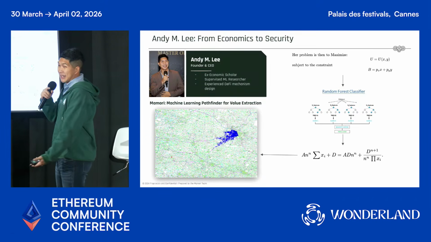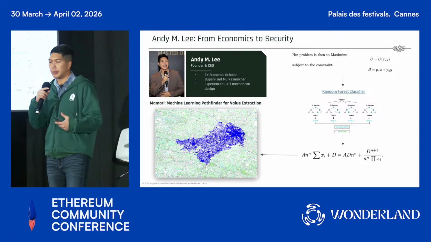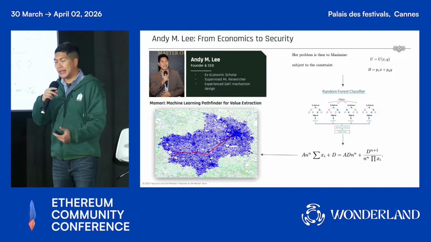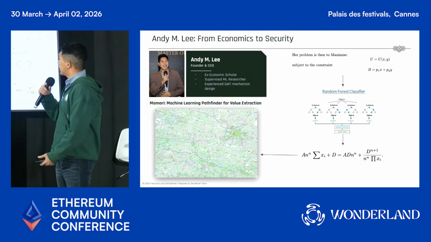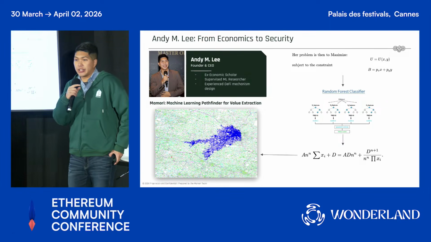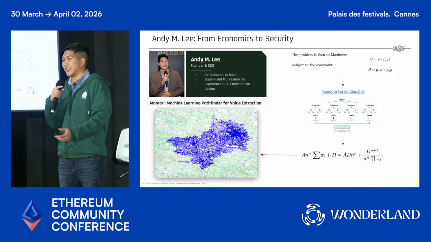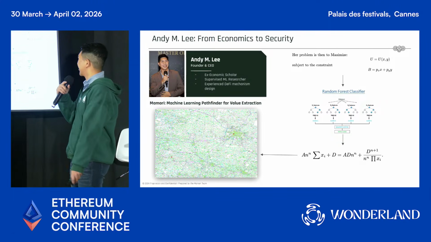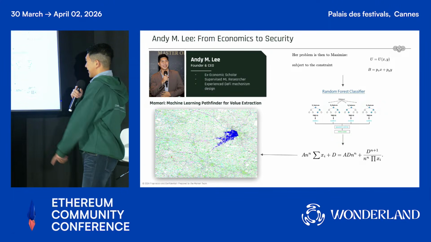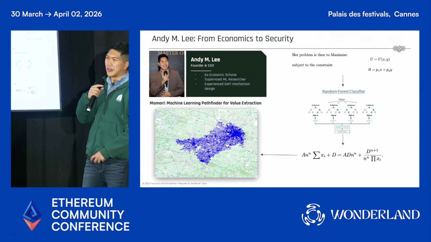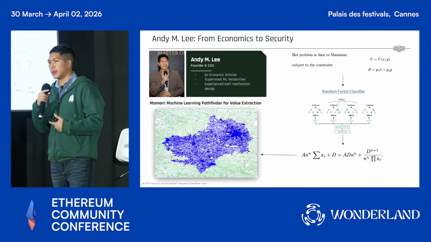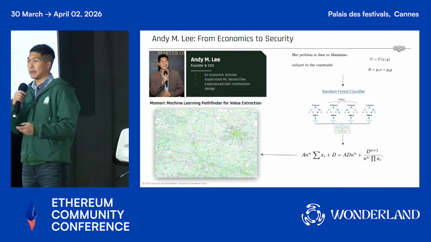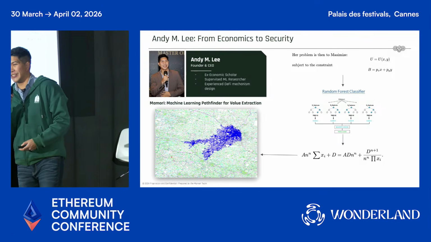So I'm Andy, the founder of Mamori. Mamori is basically dedicated to building an automatic fuzzer for pen testing and automatic value extraction. My background: I started teaching in academia, teaching economics, optimization, and applied econometrics, and then moved to machine learning research. It was still in economics, doing random forest classification, and then I moved to crypto, working on AMM mechanism design. The major reason why we are here is that we care about security. Security is the bottleneck that keeps people from coming into the crypto space.